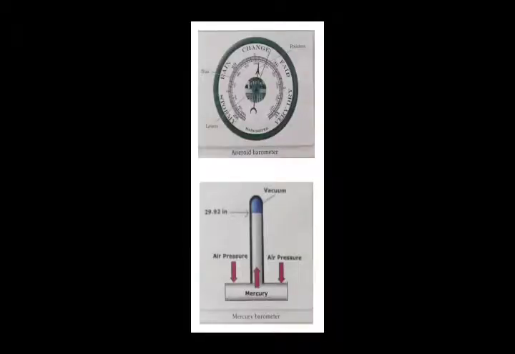Next is air pressure. Air pressure is measured with the help of an instrument called a barometer. It is also called the mercury barometer. Since the mercury barometer is not easily portable, the aneroid barometer is more commonly used. An aneroid barometer consists of a metal box with a partial vacuum inside and a flexible wall which expands and contracts, and a pointer indicates the atmospheric pressure accordingly.